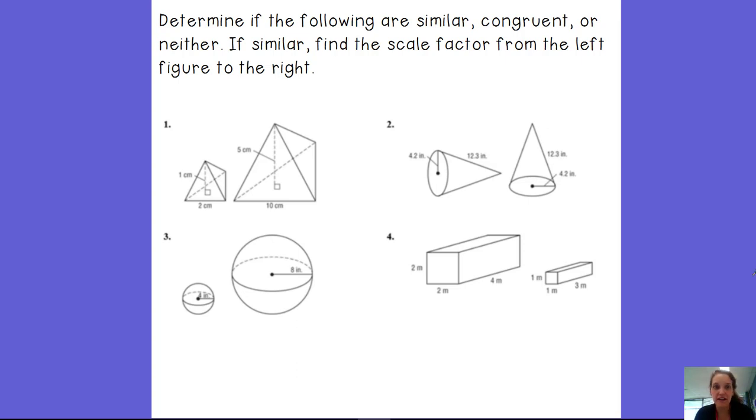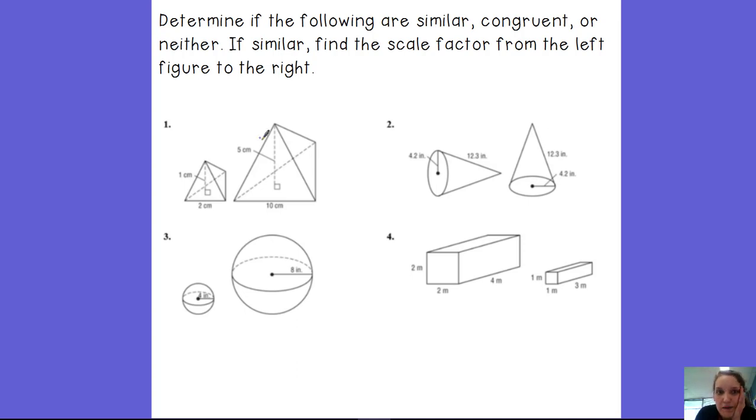We're going to begin by looking at two solids and determining if they are similar, if they are congruent, or neither. So if they're congruent, they're exactly identical. The heights are the same, the radiuses are the same, the lengths are the same. Whatever their dimensions are, their corresponding dimensions are all going to be congruent. If they're similar, they are proportional. So we would need to compare the dimensions to each other and see if they reduce down to the same